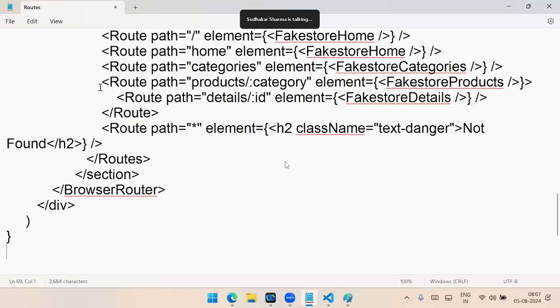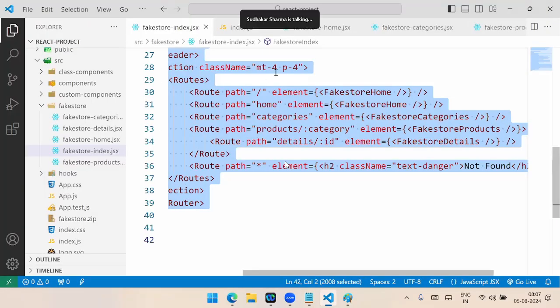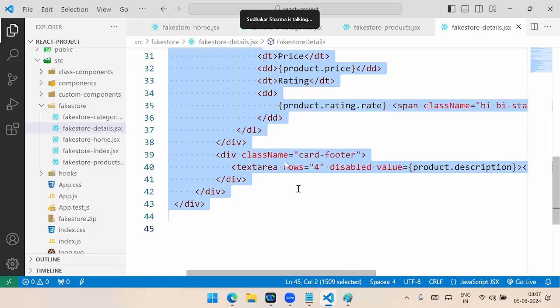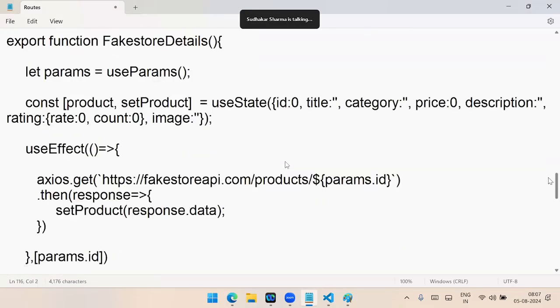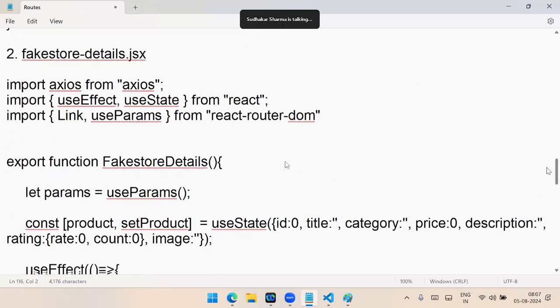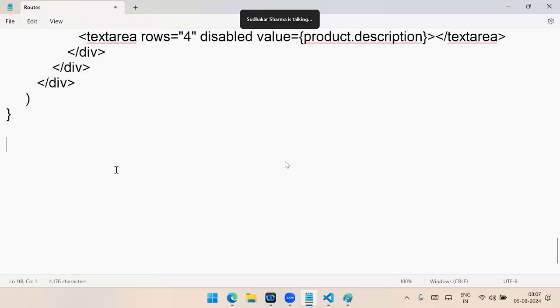That means here we are adding the child routes, right? And one more is there: fake store details.jsx. In fake store details, we need to change that. That is the fake store details we are having. So in details, one more option is there. So here, one note is child routes